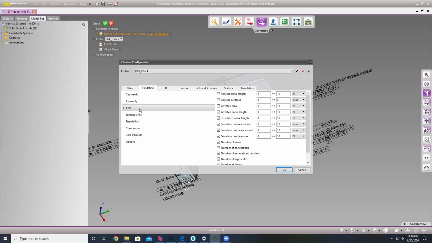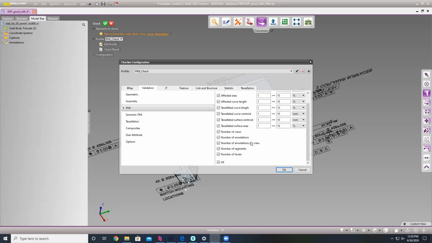When we have PMI that is non-semantic, you can still compare and check that PMI and make sure that the curve length made up of all of those curves is still the same as it was before, the centroid, the areas, all the tessellated areas, and that the number of views included in your visualization is the same,